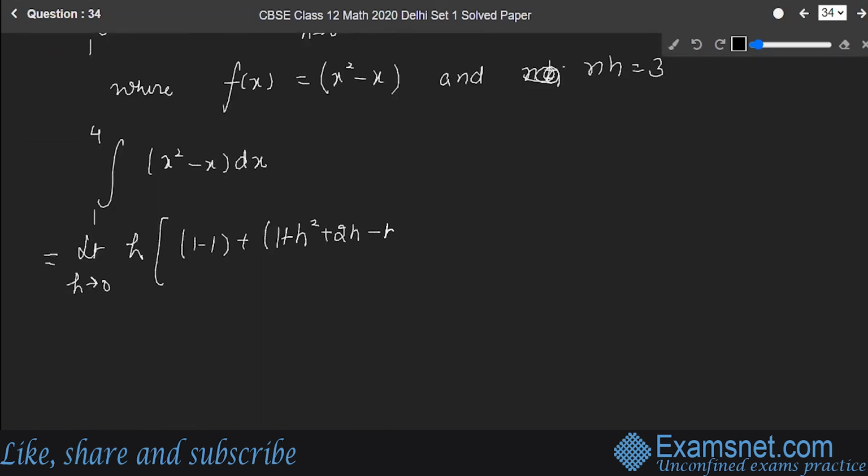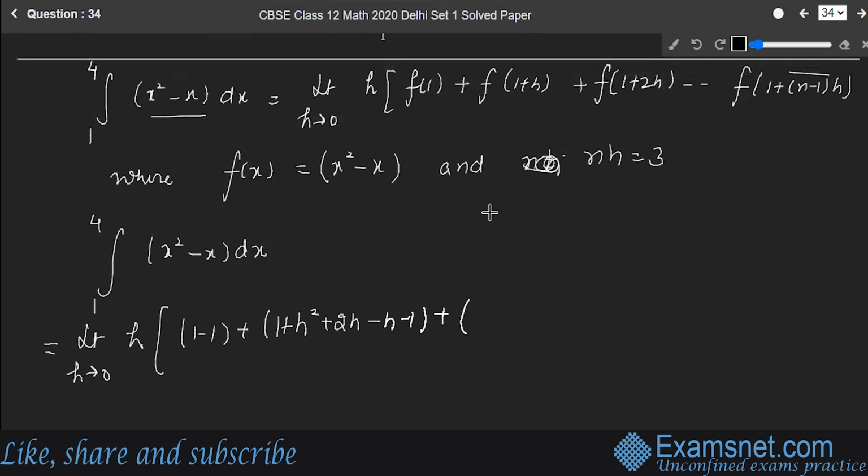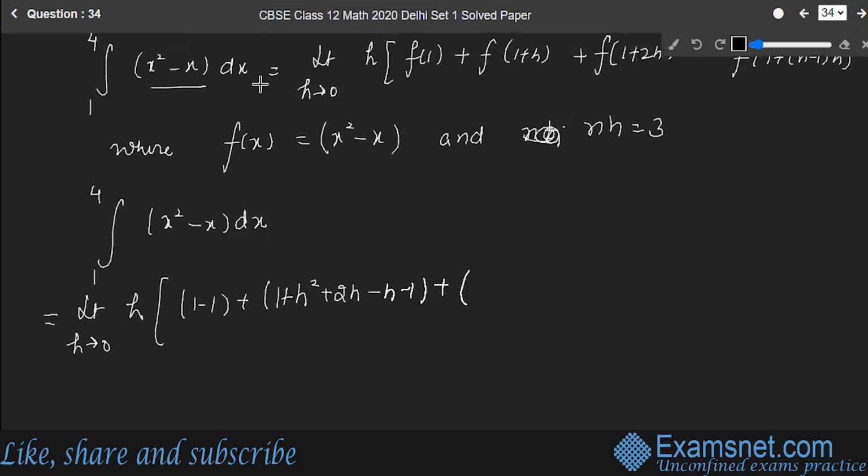This will be minus h minus 1 plus. Now here is 1 plus 2h. So this will be actually 1 plus 2h square minus 1 plus 2h. I'm going to write the same form here. Okay. So 1 plus 4h square plus 4h minus 2h minus 1. So on